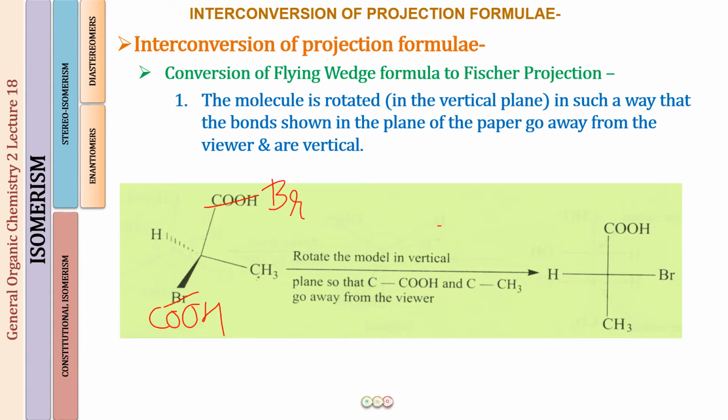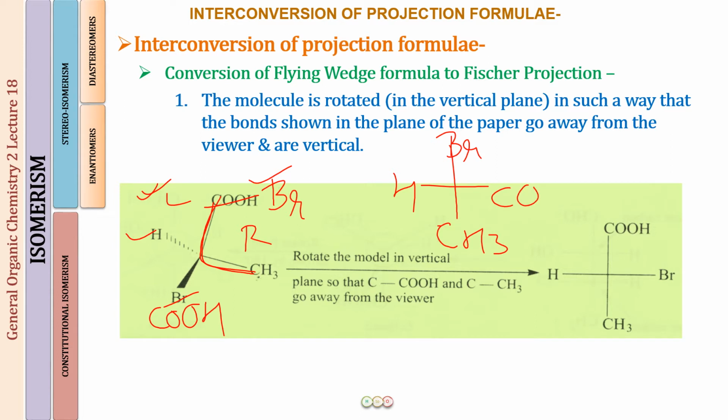So we have the interchange of COH and bromine. Now this is the molecule that is given to you, and you have to again draw the Fisher projection for it. Then what will you do? Again, you follow the same principle. First of all, we have bromine on the top of the vertical line, so we will be starting with that. Drop down the vertical line. What is at the other end? We have a CH3. Now again, this is my vertical line, so this is the right, this is the left. I make a hydrogen on the left side and I take the COH group to the other side.